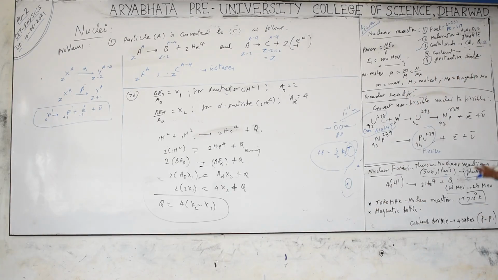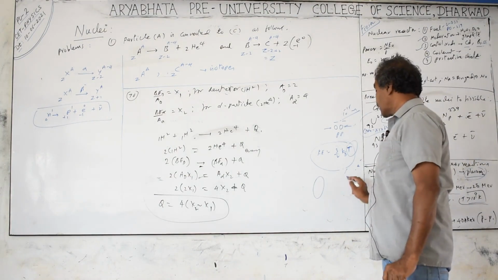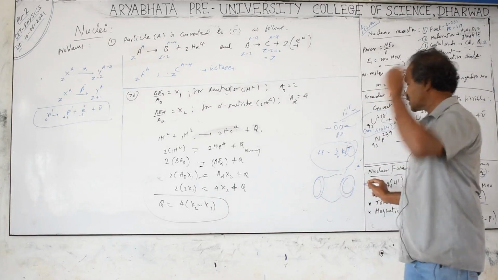Pure plasma, we don't have an instrument to hold it, because to get pure plasma the temperature is very, very high. At this temperature, all the materials and containers we have will melt. Then we don't have any material to hold these very high temperature ions. For that purpose, the nuclear reactor is developed with the help of a magnetic bottle. Magnetic field is produced, and in the magnetic field the charged particles, even at high temperatures, experience a force, so we have to adjust the coils, or take a toroid. A very strong magnetic field has to be provided so that these charged particles are trapped in it.